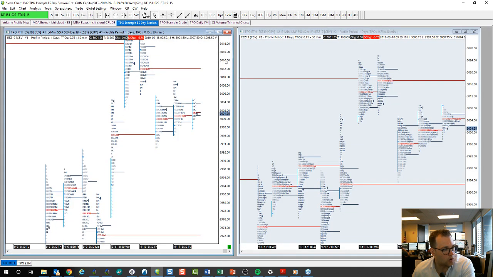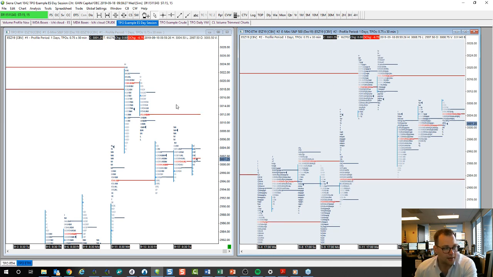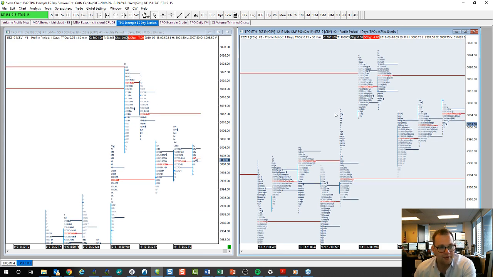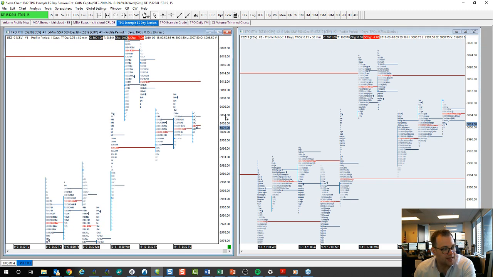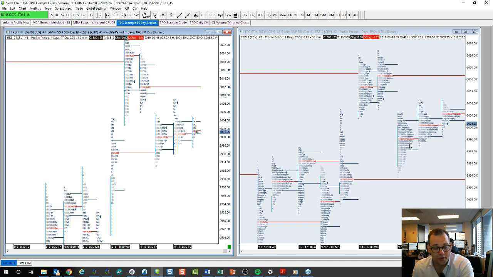This is the last thing that I wanted to show here in terms of daily profiles. What I do on these charts is I break out the day session. This is the S&P on the left, and I have the extended overnight session on the right. So this allows you to see gaps in the market on a day session, where it's pretty much more active participants, but also still getting profiles established on what's traded around the clock in the overnight. And you can get some very interesting information from here.